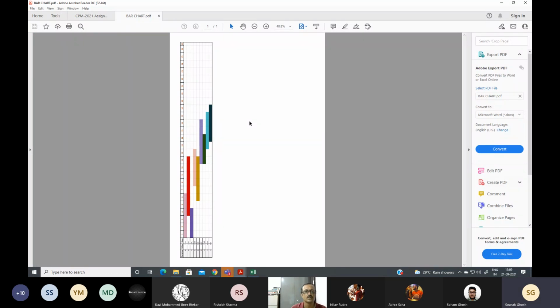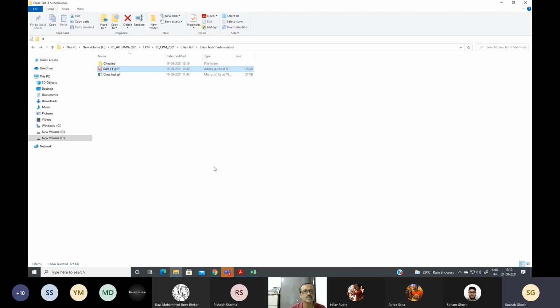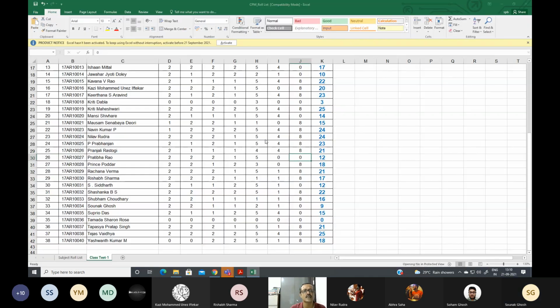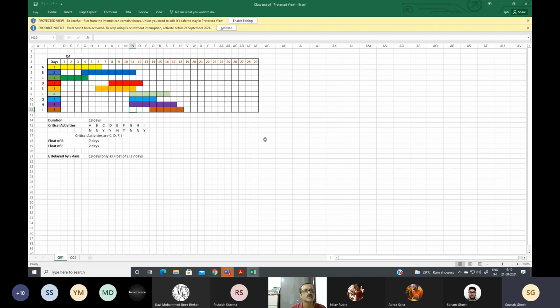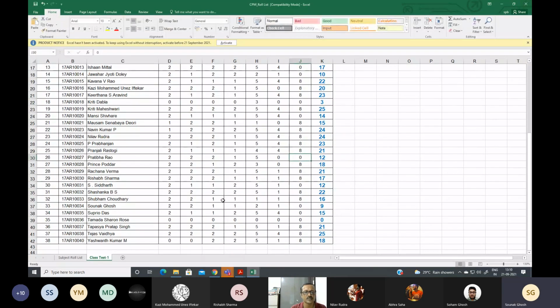Sir, I had attached it in the mail only. When I attached that PDF, this photo was also there, attached with the mail submission drawing. This is another one, somebody has drawn it like that. I do not know who this is. No name, nothing. Correctly done, 18 days. But I don't know who this is. How can I give marks to this unnamed thing?